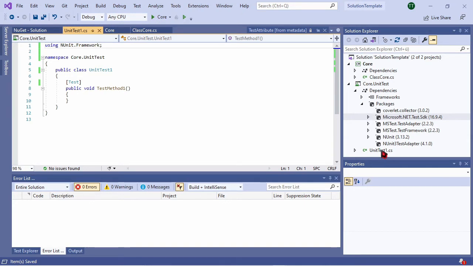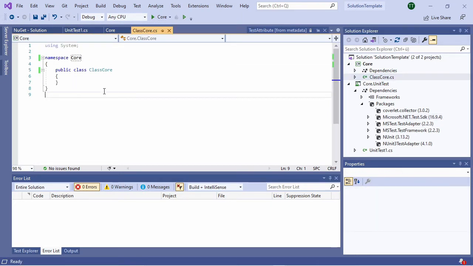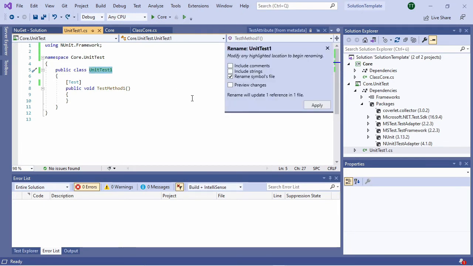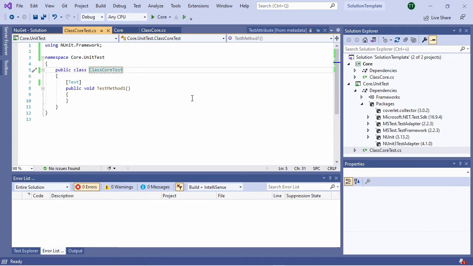Once this is done, I can just update my unit class because I want to reference the class Core. I will say class Core. So this unit test will in fact be renamed to ClassCoreTest because as a convention I use the testing class with the name of the target class suffixed by Test.